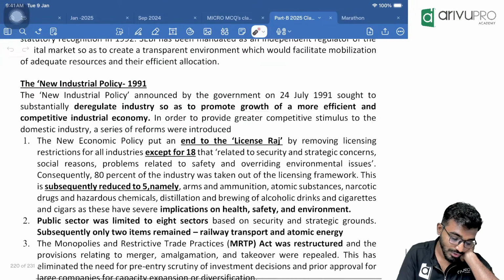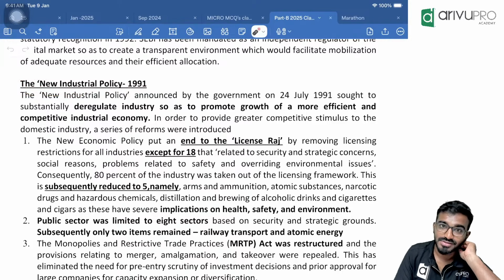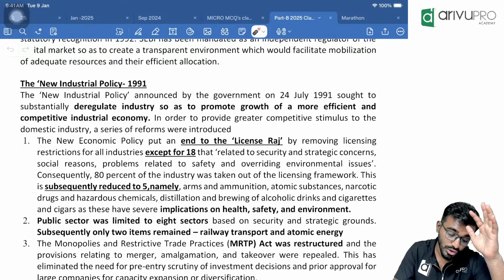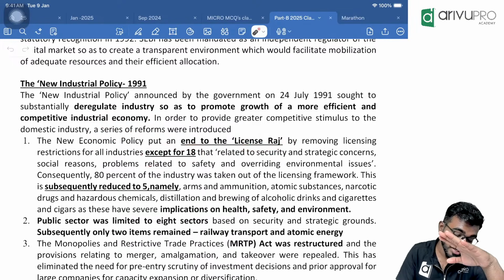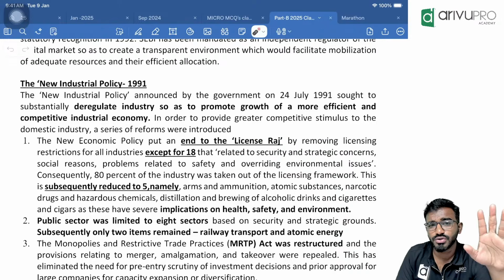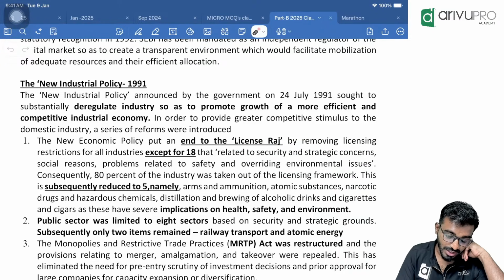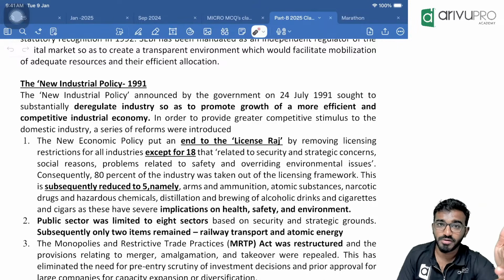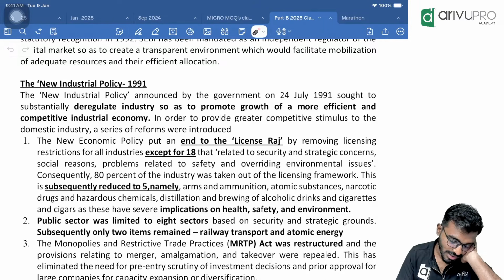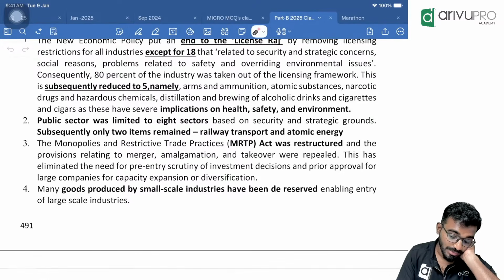And new industrial policy reforms. So in this, we made major changes in industry. Earlier, the majority of industries were exclusively reserved for PSUs. First, we brought it down to 18 and we started ending that license raj. Earlier, for each and everything you had to take a license. We ended that regime, and from 18, later we brought it down to 5. Now presently only 2 as per your syllabus: railways and atomic energy. But railways is also open for privatization at the moment. In reality, it is only atomic energy. Public sector was limited to just 8 sectors, later brought down to just 2, railways and atomic energy.